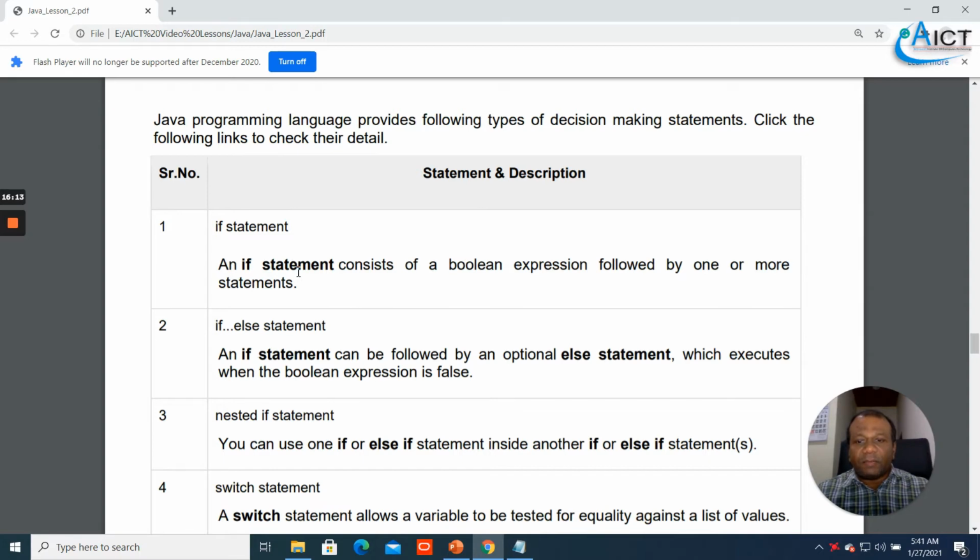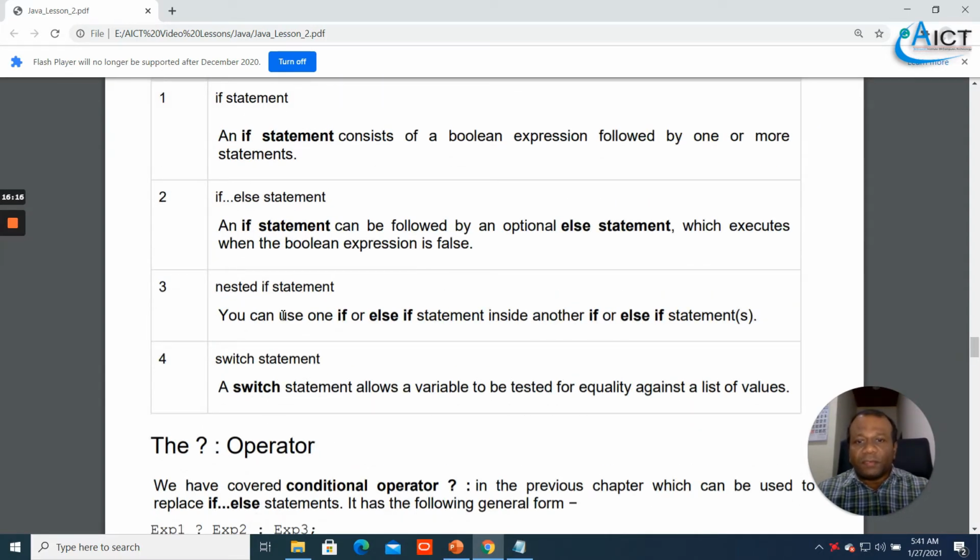Right? Nested if statement means you have a block of statements. You have to check a condition. If that condition is not met, you have to check another condition. For the other condition, you will use else if, and if that condition is also not met, you have to check another condition, another else if. You can put any number of else if after the if. And finally, you can put the else, which means accepting all others. So that is the nested if. When you use the examples, you will get more idea.